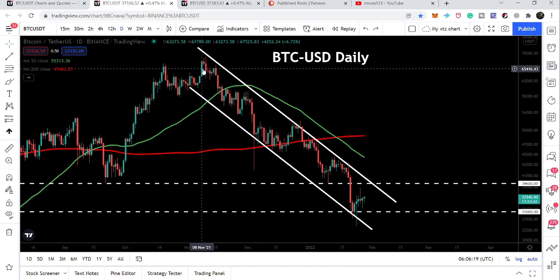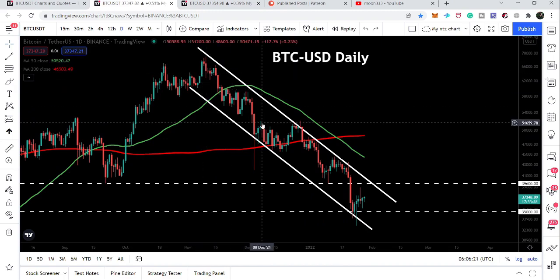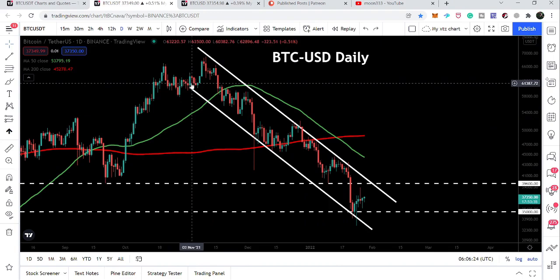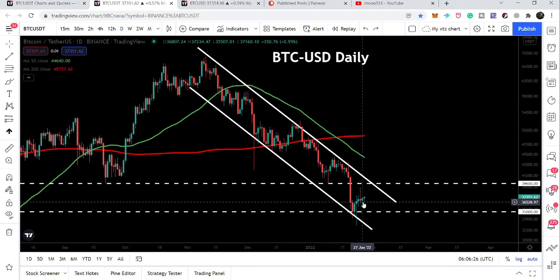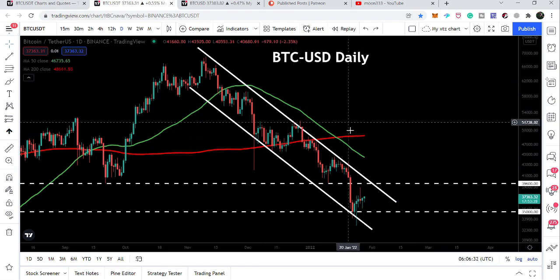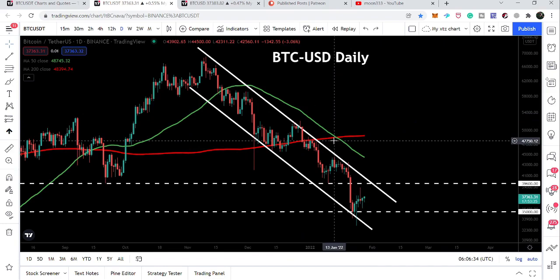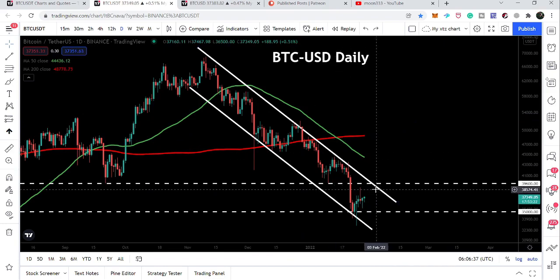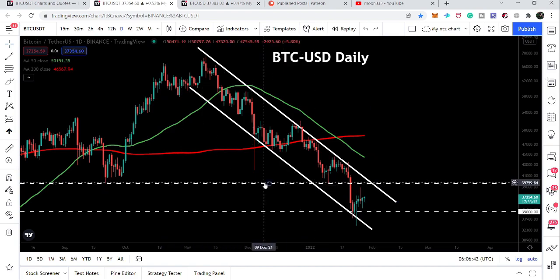And this is another longest channel in the history of Bitcoin on the daily time frame. You can see that the price line entered this channel here at the start of November, and so far we are moving in this channel, and we are still under a death cross of the 50 and 200 simple moving averages as well. I'm expecting that once the price line is able to break out this resistance of the channel and also this price level resistance of $39,600, then it will be very easy for the price line to break out these two simple moving averages as well. And these two simple moving averages can form a golden cross after the price line crosses up these.